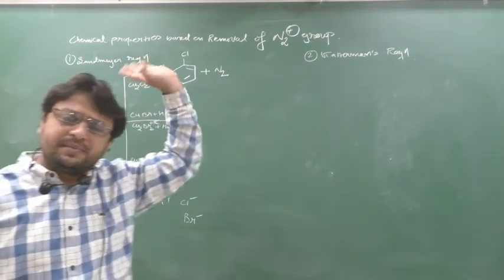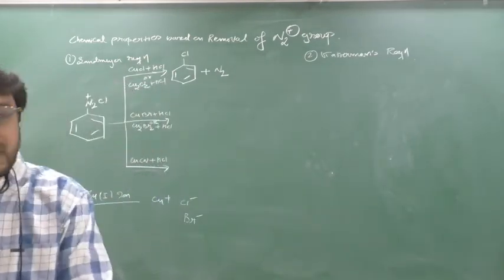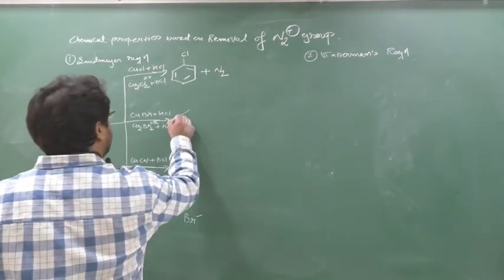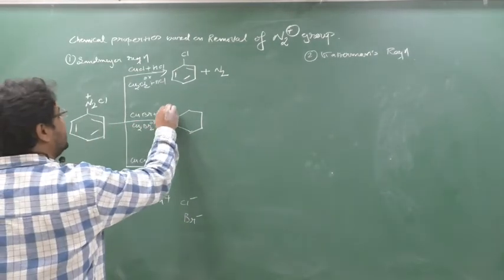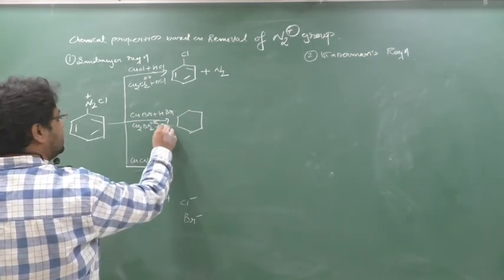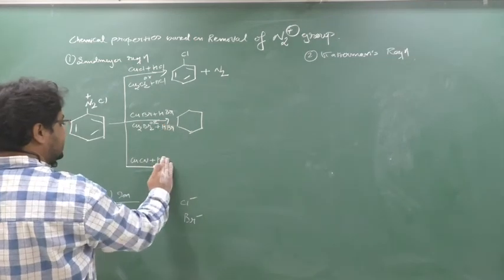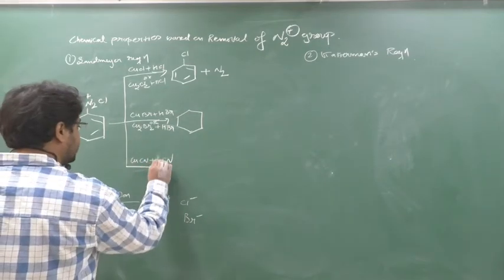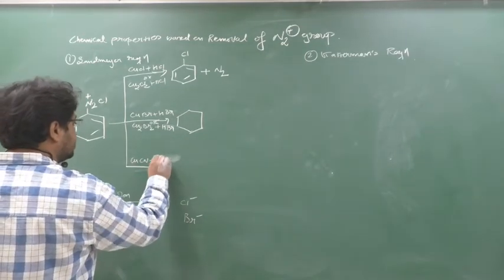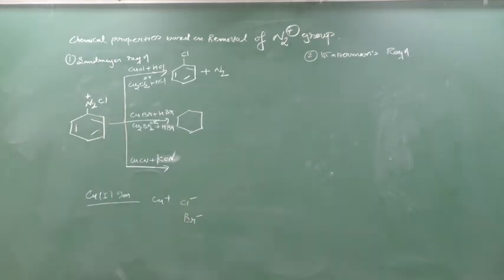This also I told in the previous topic somewhere. Clear? Similarly here I will get what beta? See here, if I react with HBr, sorry not HCl. Here HBr, here also HBr, here HCN, or I can take KCN also. Follow your textbook. You can take HCN also, not an issue.